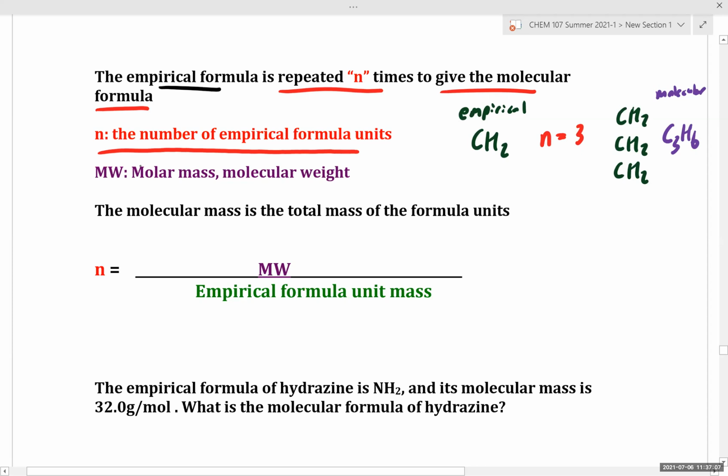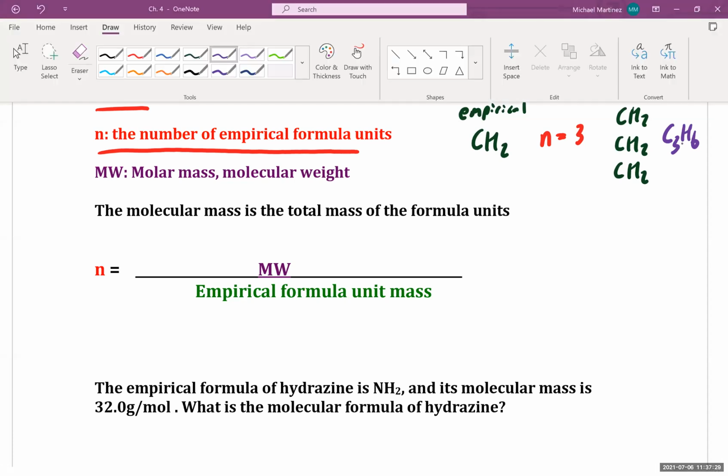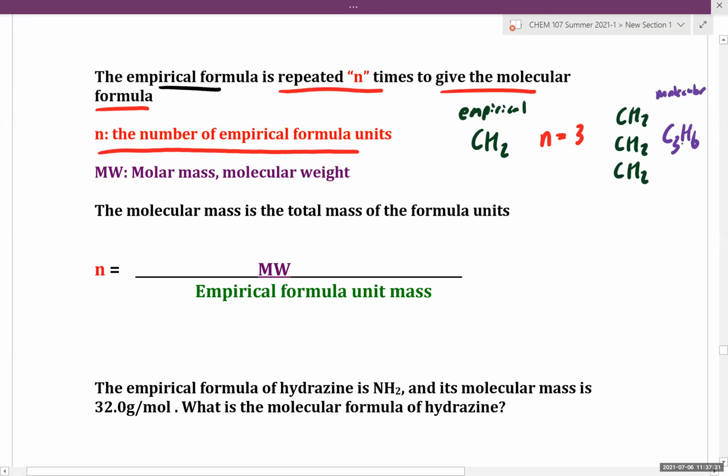Does everyone see how the number of empirical formula units in our empirical formula can be used to calculate the molecular formula? Does everyone see that relationship? Does that idea make sense? Yes. Okay, so if we have the number of empirical formula units and we have the molar mass or the molecular weight of our entire compound,